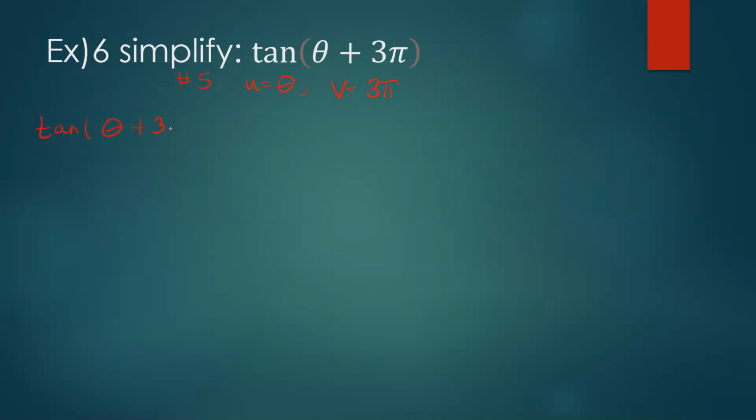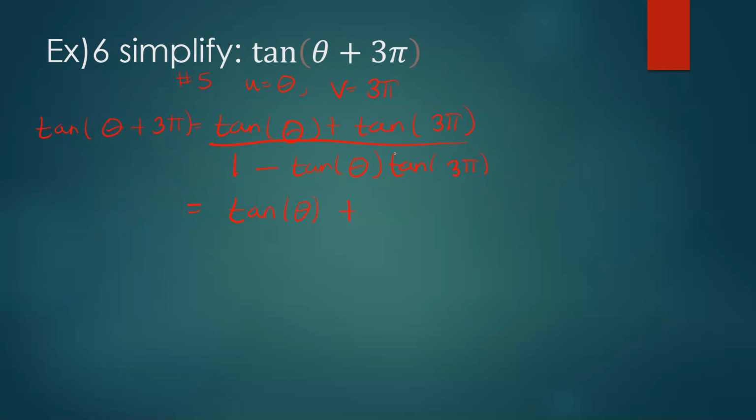Not 3 pi over 2, 3 pi, equals tan of theta, or tan of u, which is theta, plus tan of v, which is 3 pi, all over 1 minus tan of u, or tan of theta, times tan of v, which is 3 pi. So that equals tan of theta